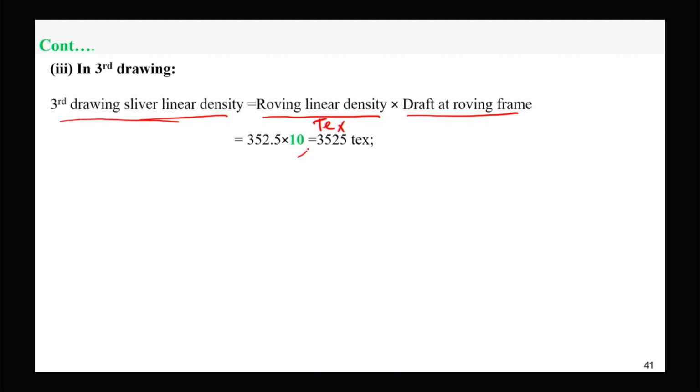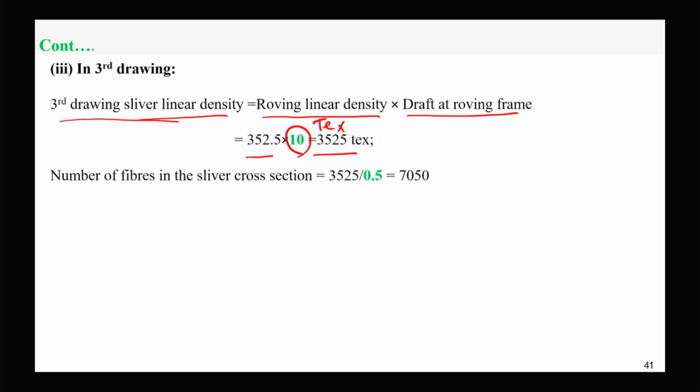So draft in roving frame as per the table is 10, and roving linear density we have calculated earlier, so it will become 3525 tex, and number of fibers will be 10 times the fibers in the roving, so it will become 7050. In roving it was 705,